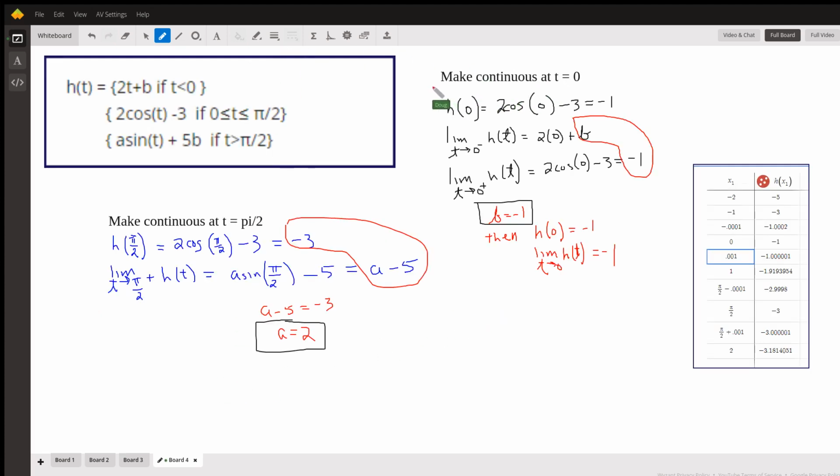First of all, let's make it continuous at t equals 0. Does h of 0 exist? Well, if t is equal to 0, we're using this rule right here because t is equal to 0. So if I put 0 in for t, 2 cosine of 0, cosine of 0 is 1. 2 times 1 is 2, minus 3 is negative 1. If we want to find the limit from the left and the right of 0 to make sure that the limit as t approaches 0 exists,